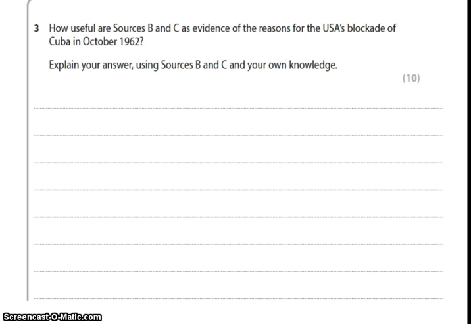You must provide a developed consideration of the usefulness of the sources, which takes into account an aspect of its nature, origin, purpose. For example, how representative, authoritative and reliable is it? The focus must be on what difference this aspect makes to what the source can contribute. It is not enough to say it's reliable, unreliable, typical.